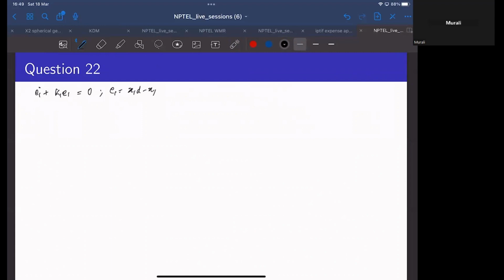So if I'm substituting this E1 back onto this equation, this would be x1 desired dot minus x1 dot plus K1 E1 is 0. And if I'm bringing this x1 dot over to the other side,